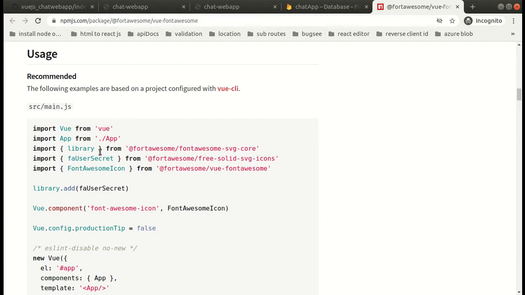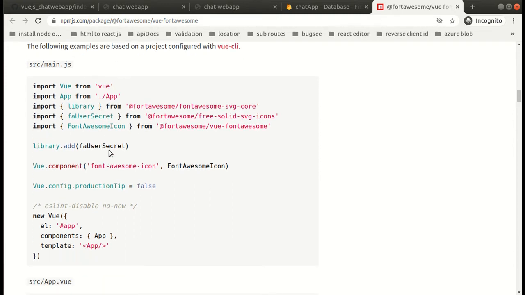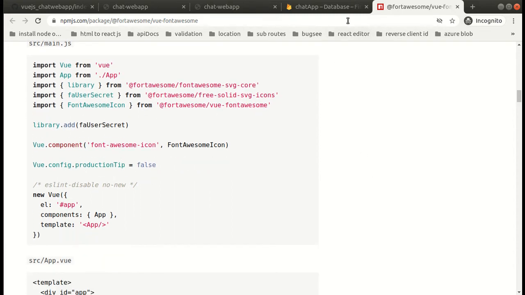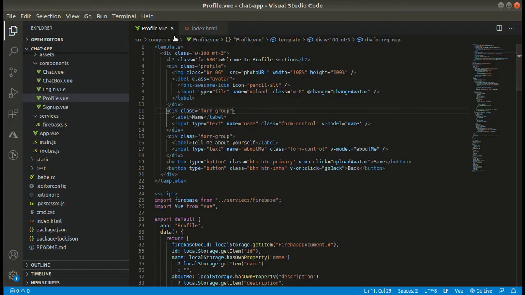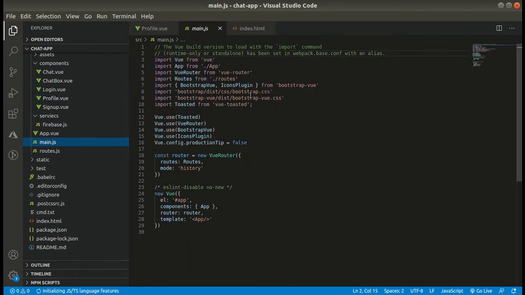Once we have run those three commands, we need to set up and configure the Font Awesome icon in our main.js file. So let's configure it. Let's take some help from the documentation.